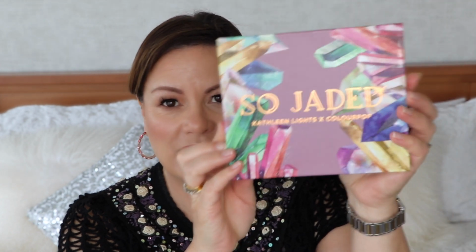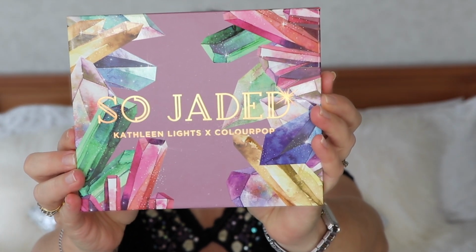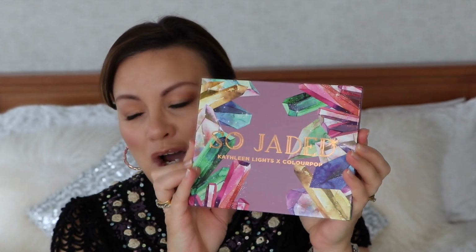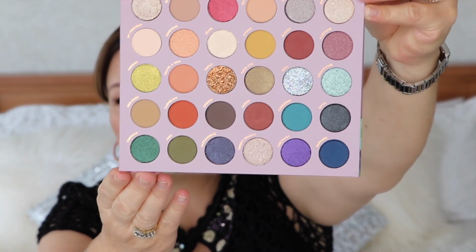Then the other palette I got, I'm so looking forward to playing with it, but I'm going to wait till my eyebrows settle down and I can get funky with some coloured eyeshadows, because I'm actually not supposed to be getting any makeup on my eyes while they're healing. But I got the Kathleenlights and Colourpop So Jaded palette, and I'm not a colourful makeup kind of girl, but these just